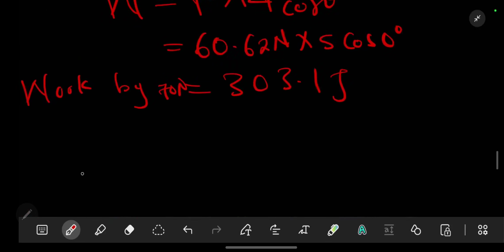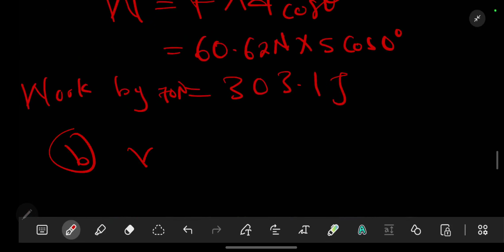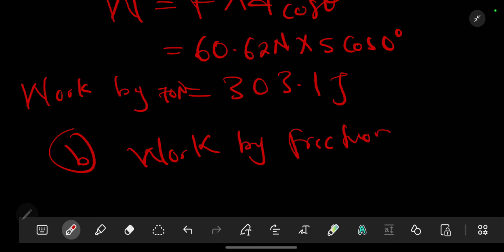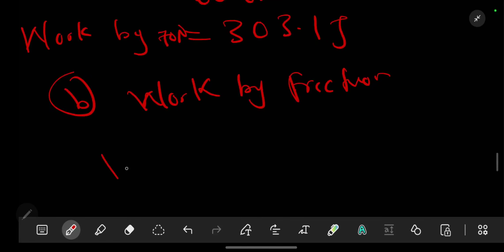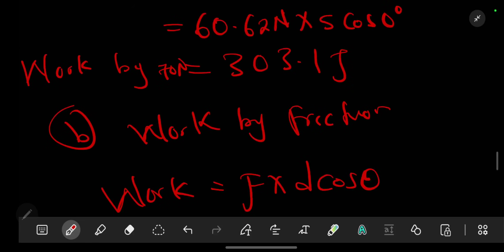So we can say B, work by friction. So the frictional force does work, which will be equal to the frictional force times the distance with the cosine of the same theta. This theta is the angle between